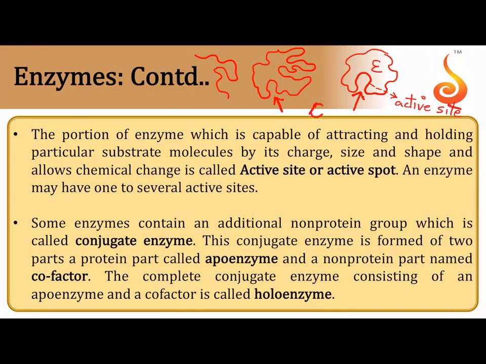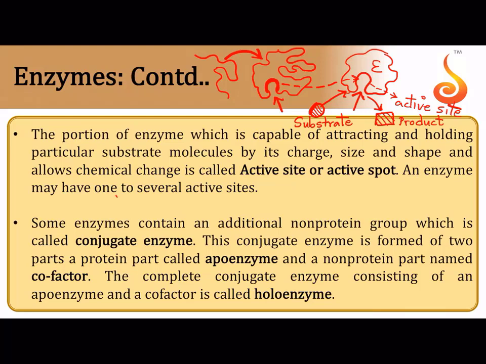Now what comes and binds over there? The substrate will come and bind over there, the reactant. When the substrate goes and binds over there, it gets converted into what? Usually we use the word substrate for a reactant here. It goes and binds to the active site, and finally it gets converted into a suitable product. Did you understand? So enzymes are mostly protein threads. How are the protein threads coiled? Into tertiary structure. While they coil, they usually form crevices or pockets like this. And what do you call such a crevice or a pocket? It is referred to as active site.